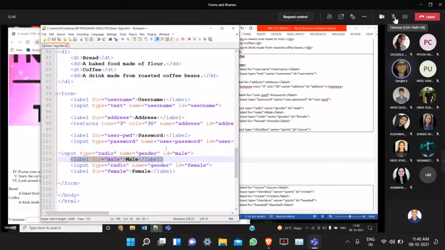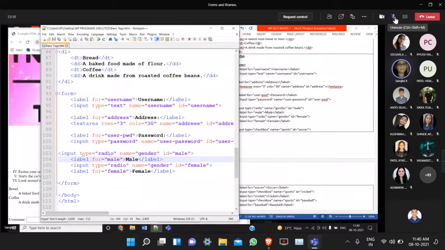Don't get confused, please. Where the label should be displayed, depending on that, you have to place the label tag. The position is very important. The sequence of writing code is very important in HTML, because accordingly only the web page content will be displayed. So I want to display the circle, the radio button first, and then write the respective label. That's why this order, remember.